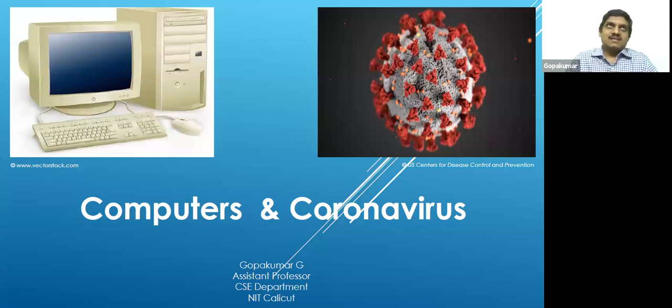Because, as Taslima pointed out, my research area is bioinformatics, I thought, okay, informatics is anyway there. So computers should be part of it, because that is where all the informatics starts. And now all of us know about coronavirus, the term and how it works, and the pandemic that is making a lot of trouble for the entire world.